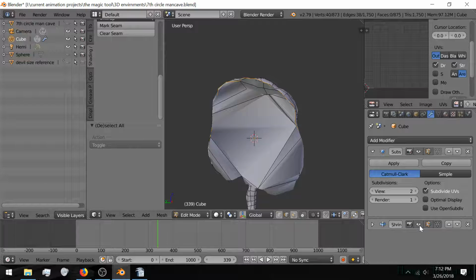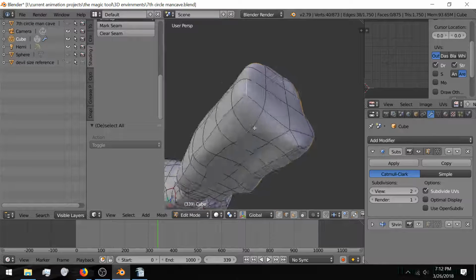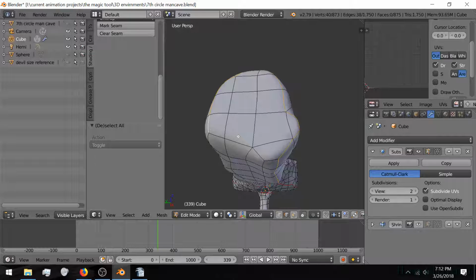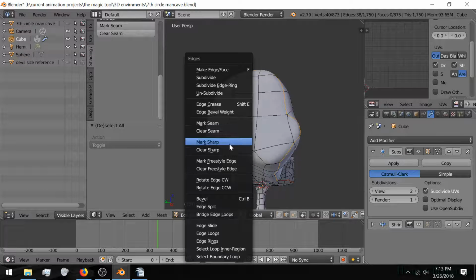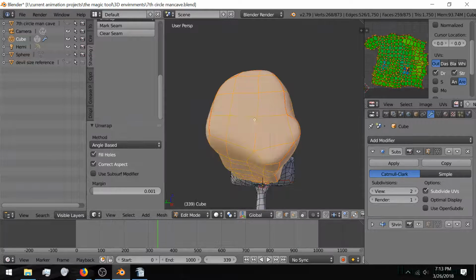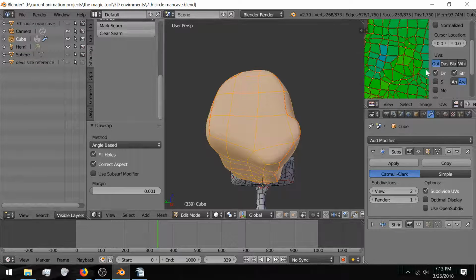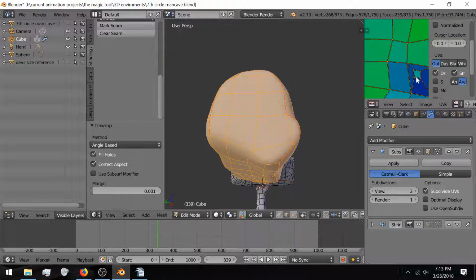Yeah, let's Control E and mark seam. Now let's select this and unwrap it and be majorly surprised. I don't know why that has. Anyway,